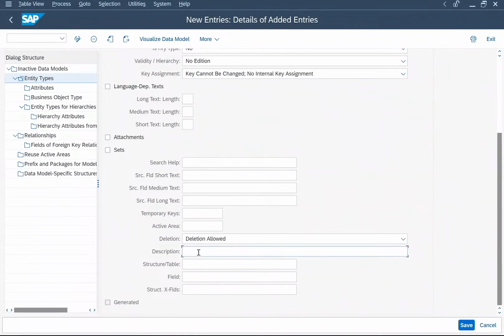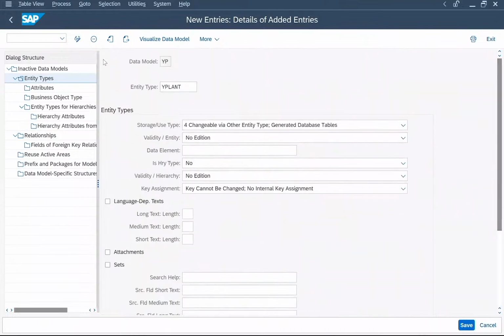The other attribute that you can maintain is the description of your type 4 entity. So I'll say it's a plant extension, plant data. Once you save this information for your type 4,